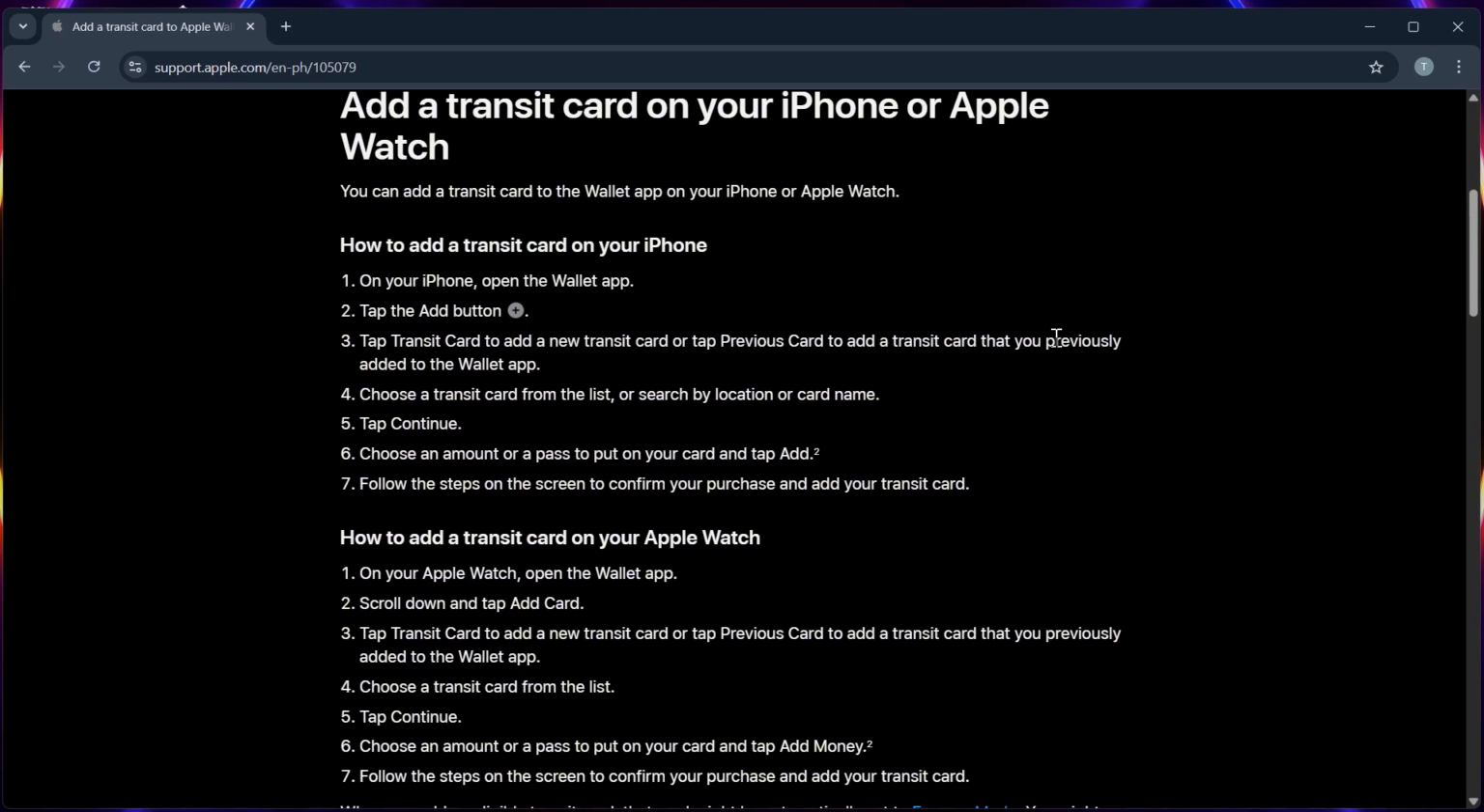Step 4. Select Transit Card or Other Card depending on your version. Step 5. Search for null card in the list of available transit cards. Step 6. Tap on null card and then follow the prompts to either transfer your physical card or create a